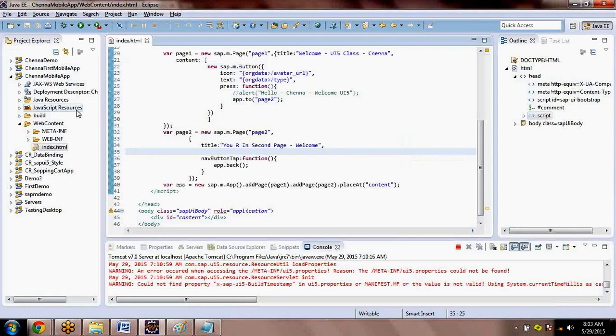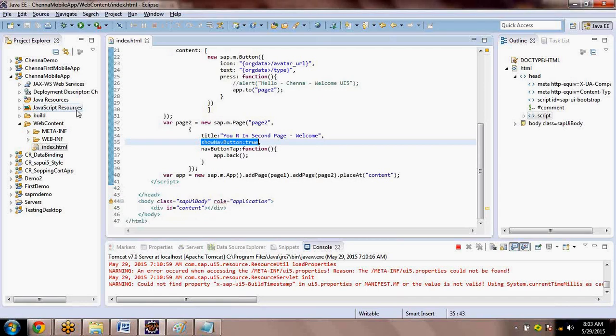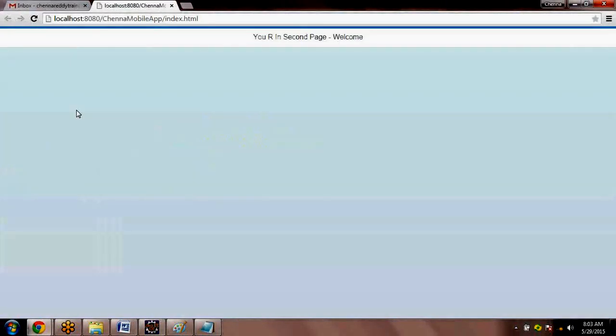If SAP had given freedom to create your own back button, the problem is you will create however you want, so the user experience is missing. That's why they have given a functionality like this. If you want a back button, just use my property. I will provide it for you. You don't need anything. So the back button generally will be like this only. This is another advantage. We'll see so many things in coming days why UI5 is becoming that famous. Because in other cases, we don't have this kind of functionality.